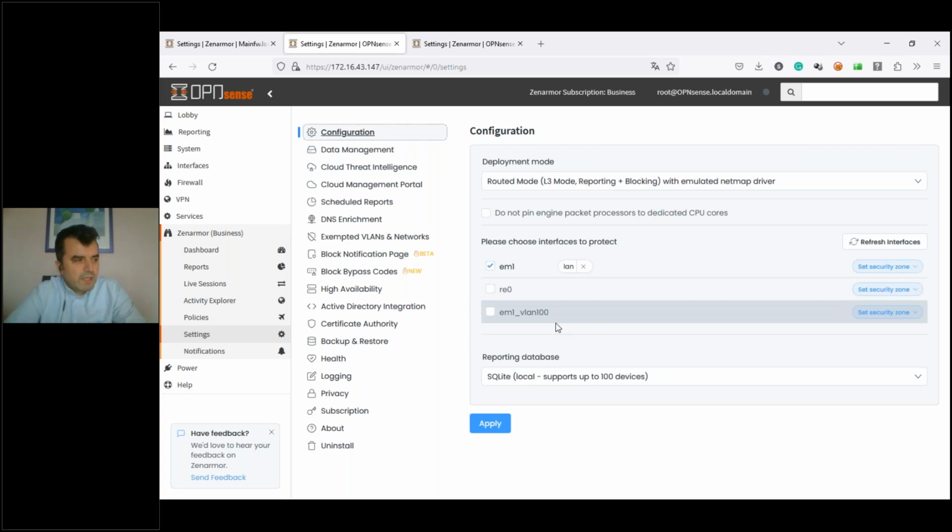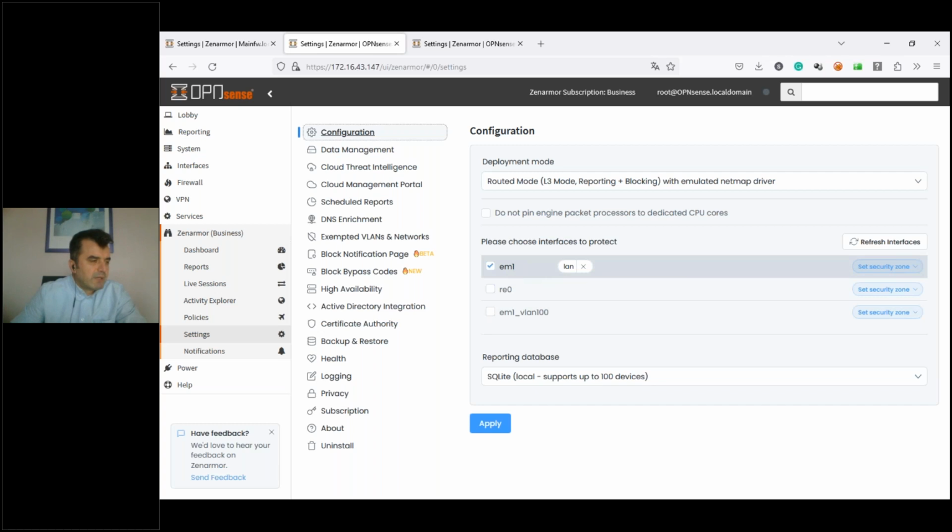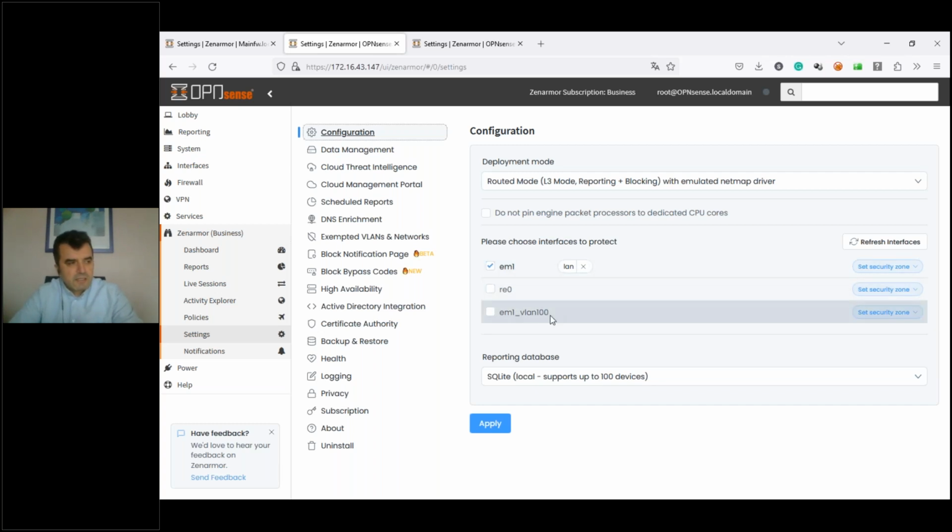If you have VLAN interfaces, virtual interfaces under the parent physical interface, for ZenArmor it's enough to protect the parent interface. With the upcoming release, ZenArmor will deny you to select both parent and child interface, but with the existing release, you can select both of them.